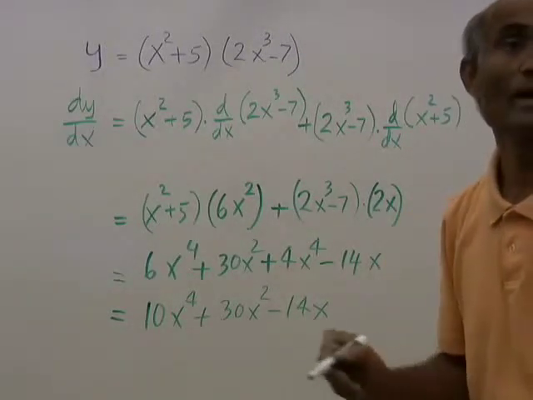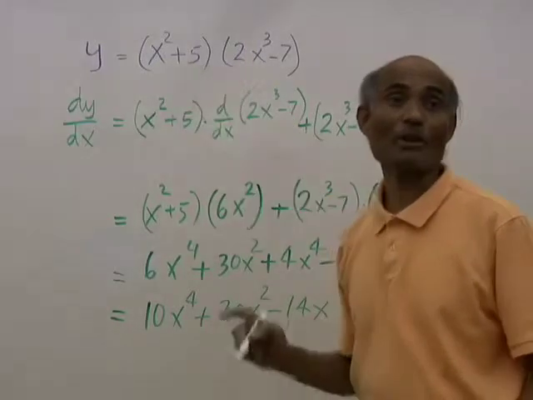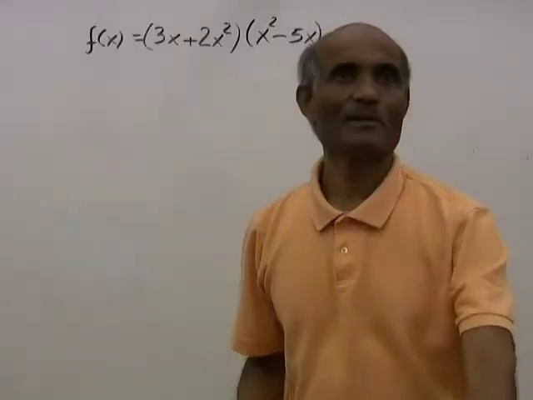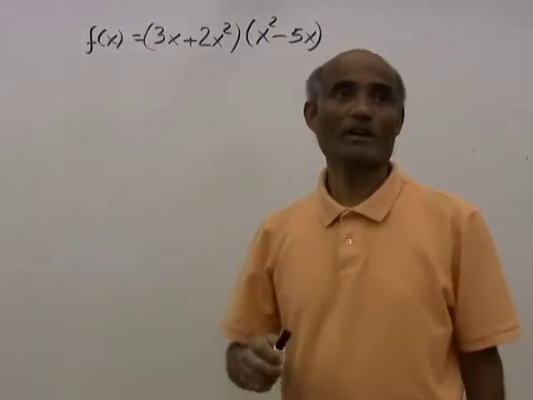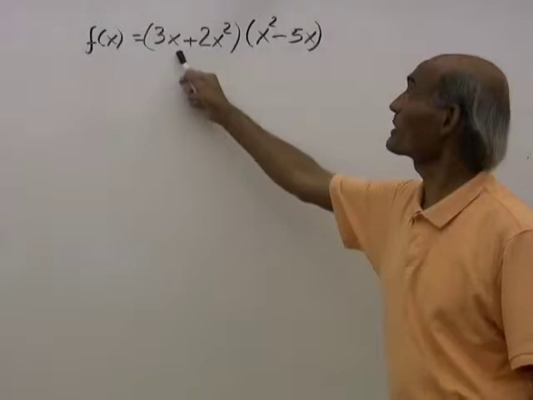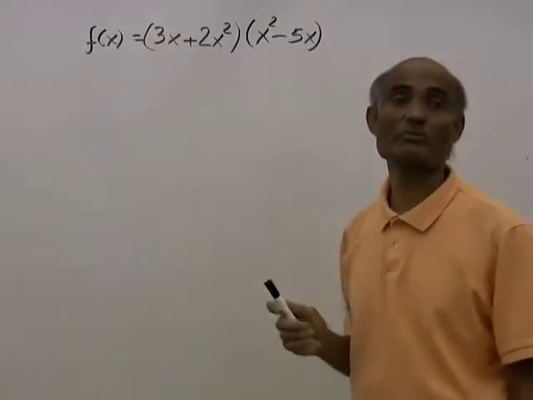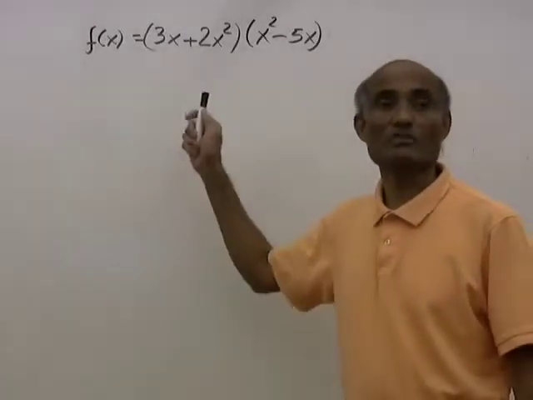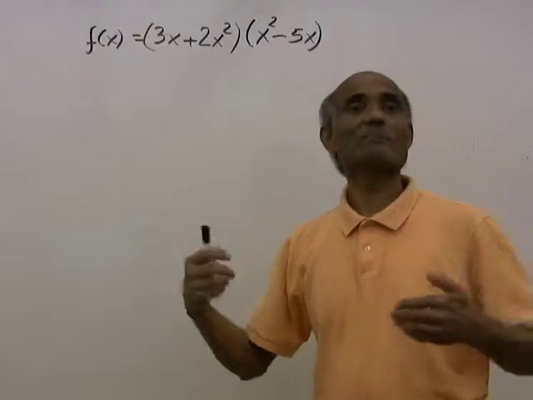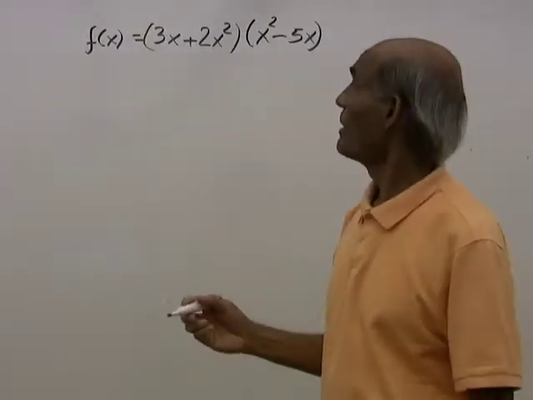A very simple way to find the derivatives of products of functions. Alright, I would like you to try this now on your own. F of x equal to 3x plus 2x squared, that's the first function, times x squared minus 5x. Now stop the video and try this on your own, and then come back and see how I work it out. Alright? Okay,